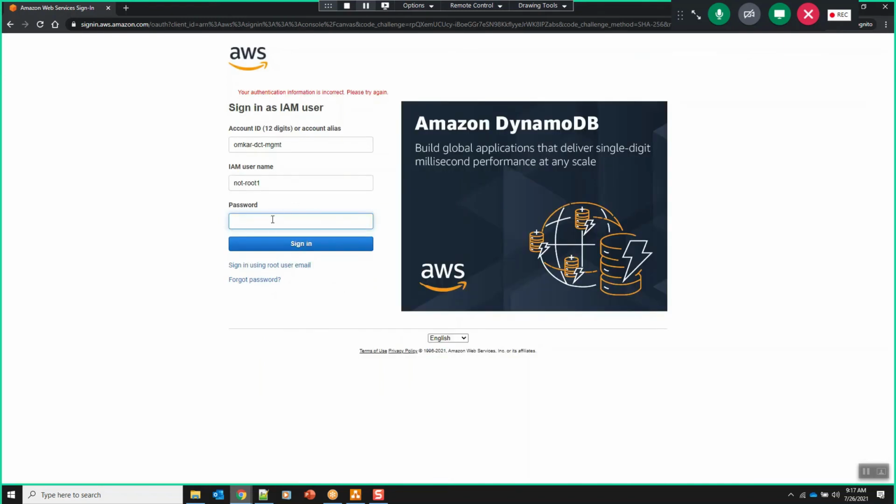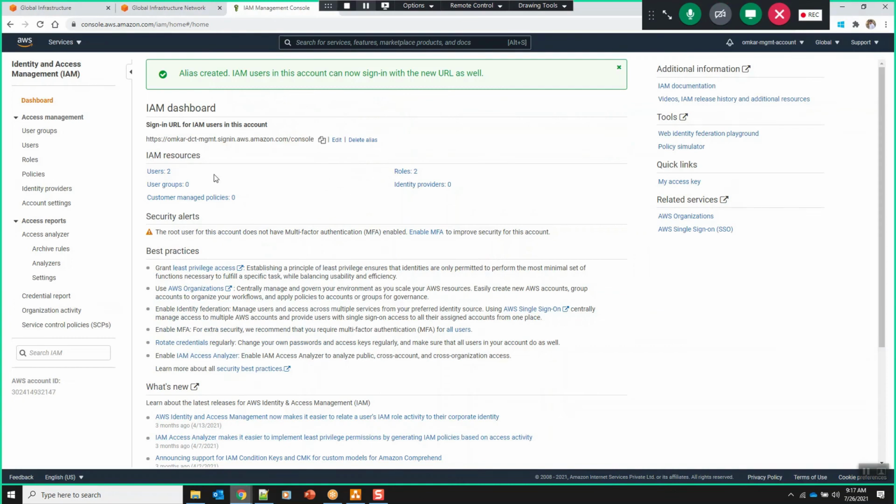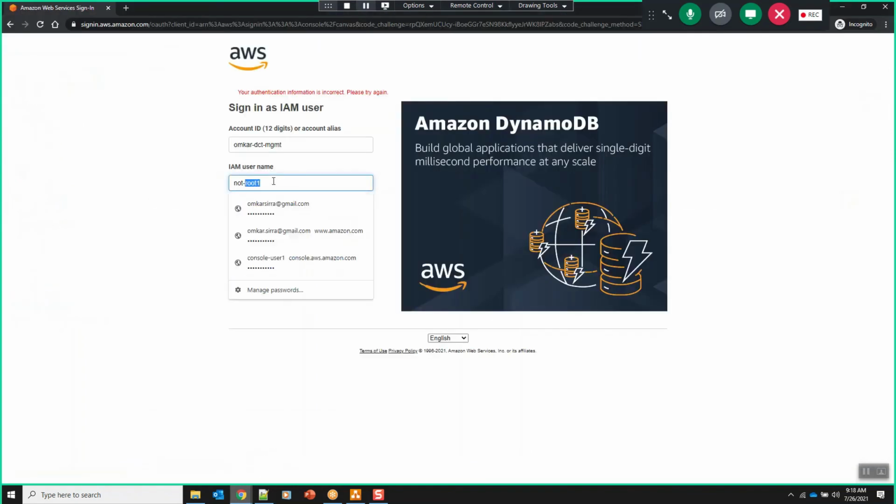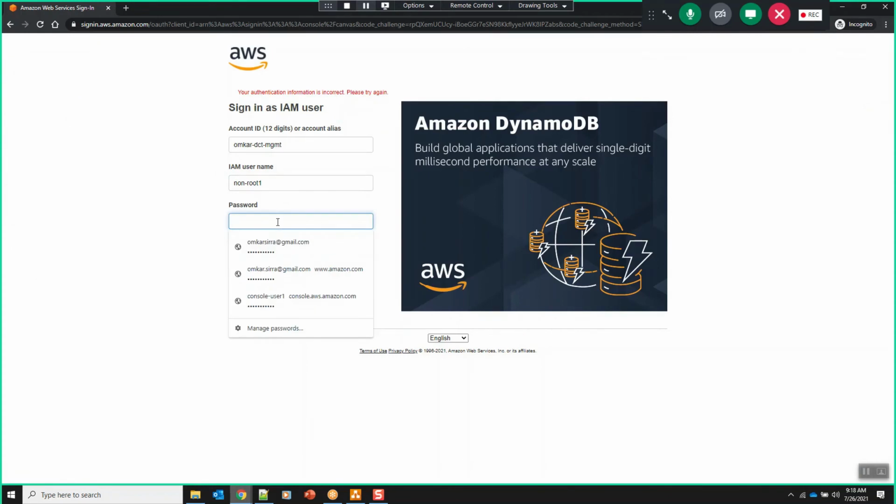Your authentication is incorrect. Let me see if this user is correct or not. This is a username. Yeah, looks like username is correct. Maybe I have forgot the password.